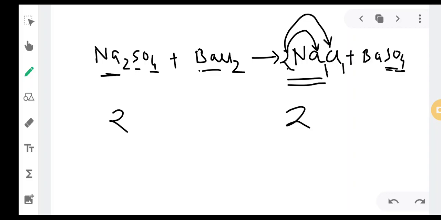So study the symbols of all the elements which I have told you, the first 20 elements, as well as those symbols which I have shared on the group. All symbols you need to know. That's very important. So study the symbols, and then we'll solve all these 5 equations in the next class.